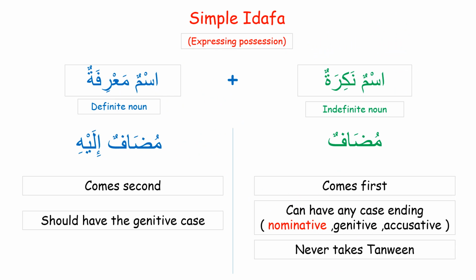So again, المضاف can take any case ending when the إضافة construction becomes part of a sentence. However, at this early stage we will only come across the nominative case. So the nominative case is the way to go for المضاف for the time being. That's it for the إضافة construction made of adding a noun prefixed with a definite article al to an indefinite